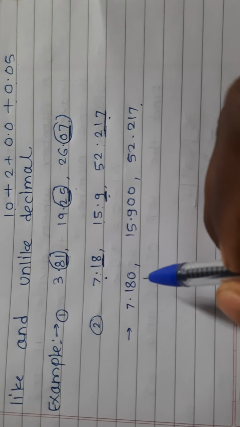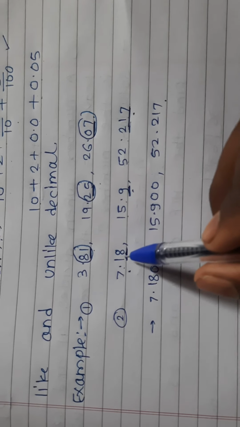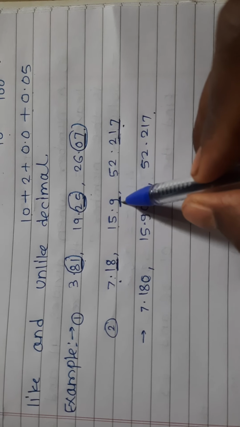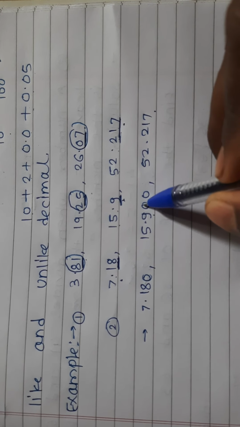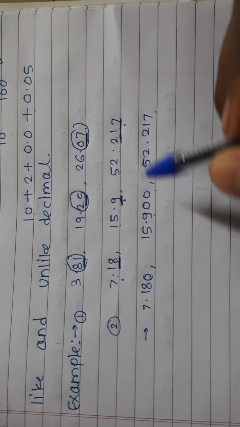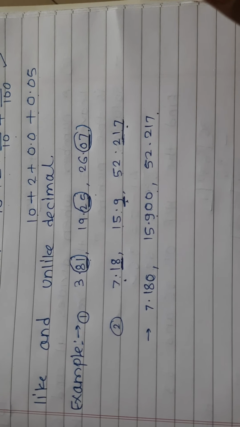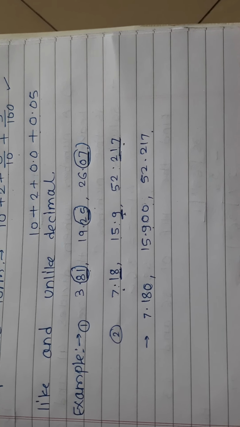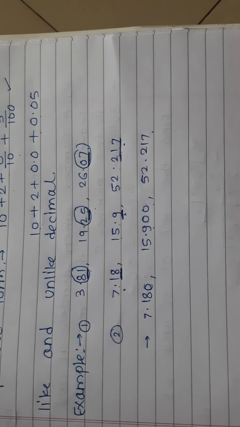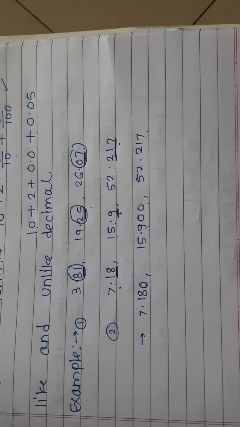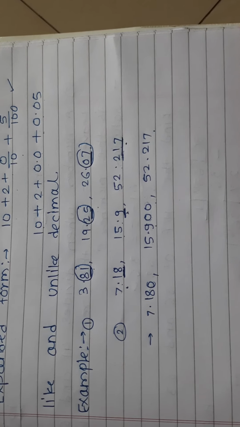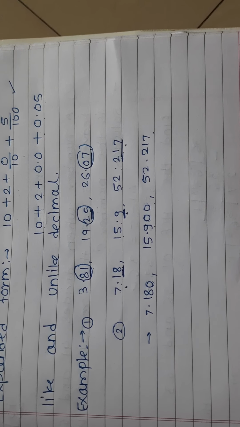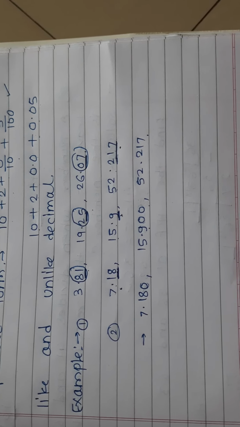Increase only zeros. So here are two places, increase one place, write down 0. Here is only one place, write down 9 and put down 2 zeros, means two places increase, and the last 3 places are already available. Means first find out the maximum places and increase to that many places for the others. Then the next points are comparison, descending, ascending, addition and subtraction.